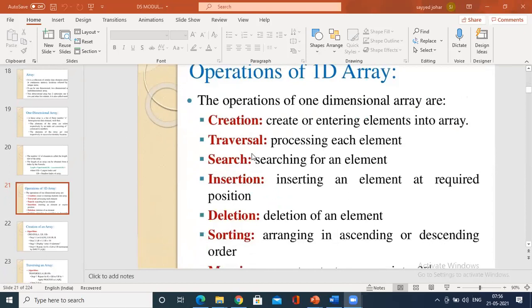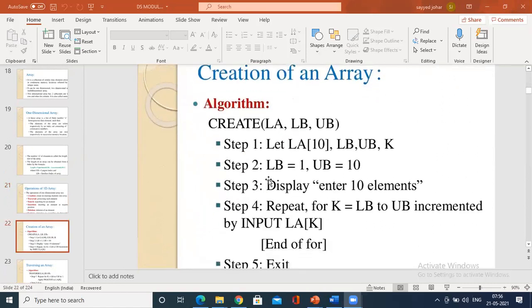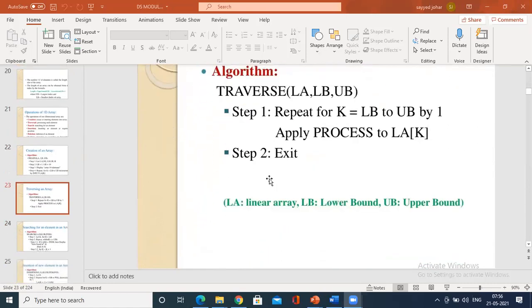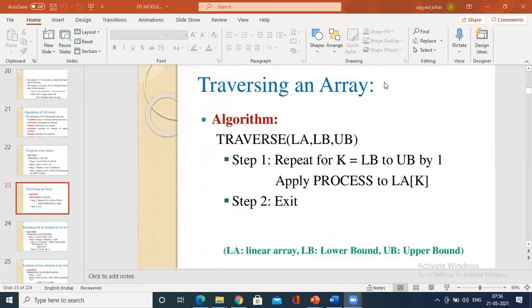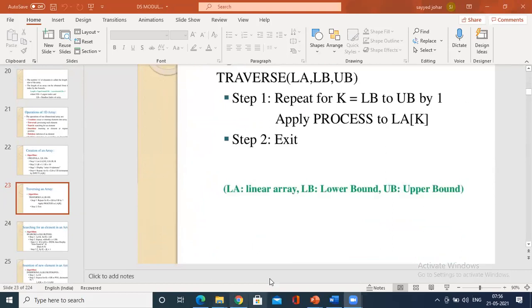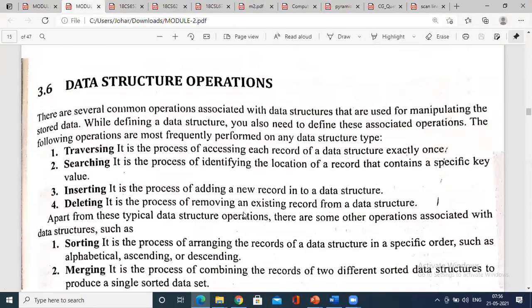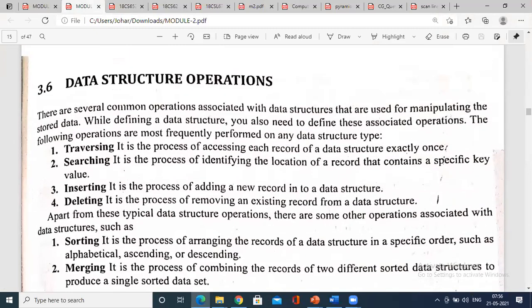So what are the things that you could do? Creation, traversal. Traversal means you have to retrieve, fetch the data that is stored in an array. Search, insertion, deletion, sorting, merging. These are the things that we can do using an array. So we have an algorithm for traversal of an array. How do you traverse an array? Traversal of an array means what? That we have seen. These are the things: traversing, searching, inserting, deleting, sorting, and merging.